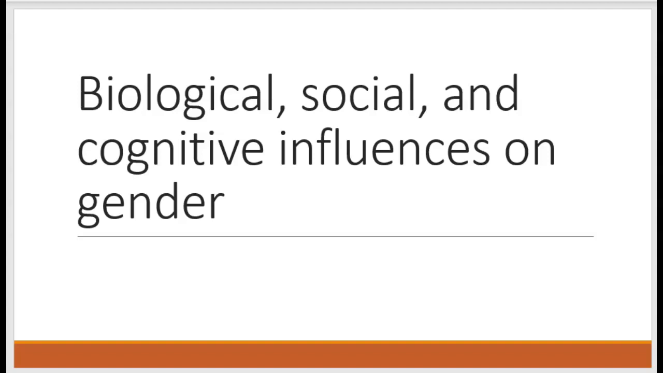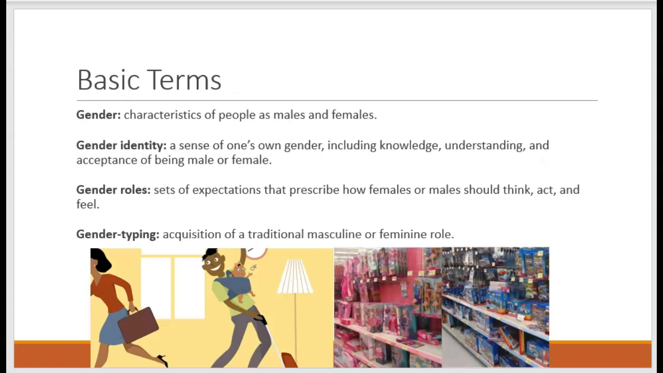So first, biological, social, and cognitive influences on gender. You need to understand a few basic terms. So first, when we're talking about gender, we're talking about characteristics of people as males and females. There's gender identity, which is a person's sense of their own gender, including their knowledge, understanding, and acceptance of being male or female. There's gender roles, which are sets of expectations that prescribe how females or males should think, feel,